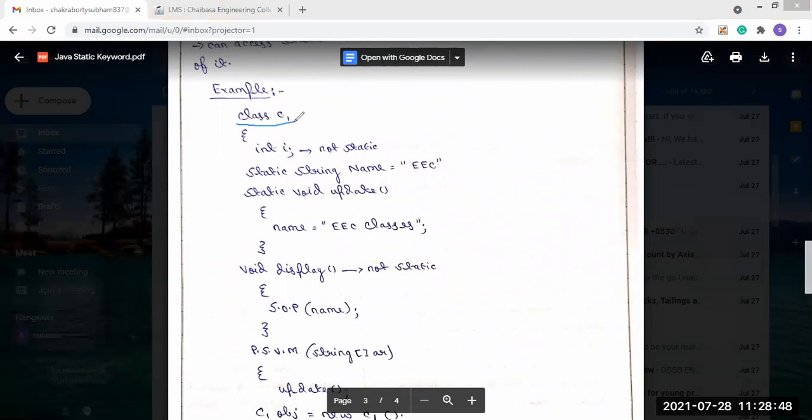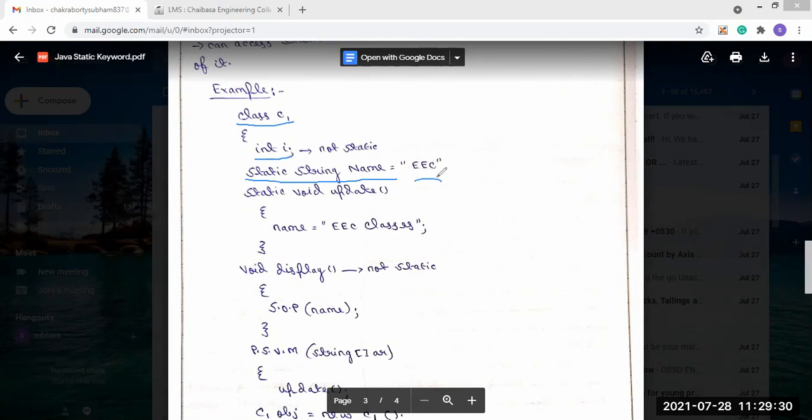In the class C1, we have used int I. This is a non-static variable, we didn't write static int I, we have only written int I. Then we have used static String name = EEC. This string variable is static.